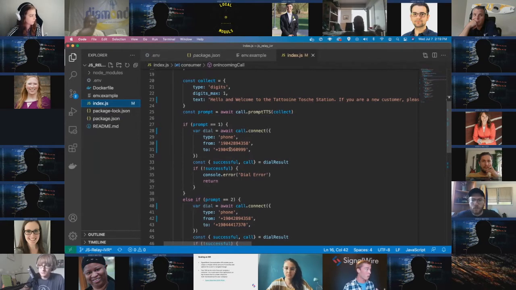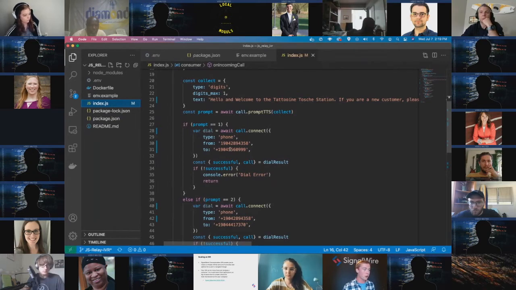Regardless if they are in SignalWire's APIs or not. And the reason I like this a lot, I always give the example out there to blue collar workers, whether it be roofers, electricians, things of that nature, where their technicians are always on the road. You can quite literally, without divulging an employee's phone number, have it set up to where a call can be